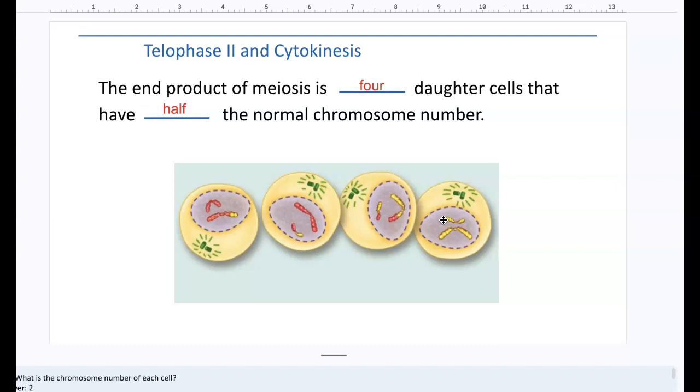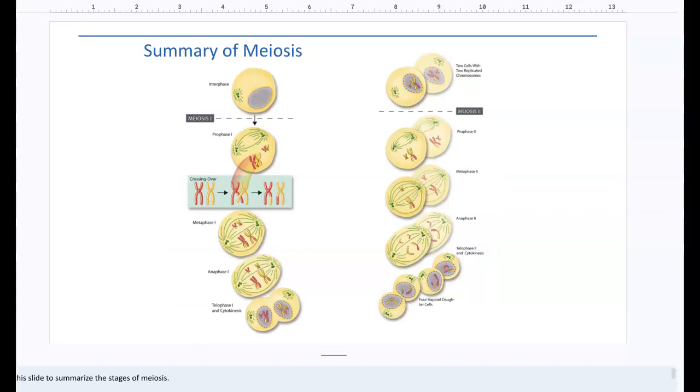But in this one, the end product of meiosis is that you're going to have 4 daughter cells that have half the normal chromosome number. And not only that, but they are all genetically unique, which has really increased the genetic variation, which is really important for, see if you guys can answer it, biodiversity, right? Genetic diversity adds for biodiversity, which allows for evolution, which allows for survival of the fittest and changes